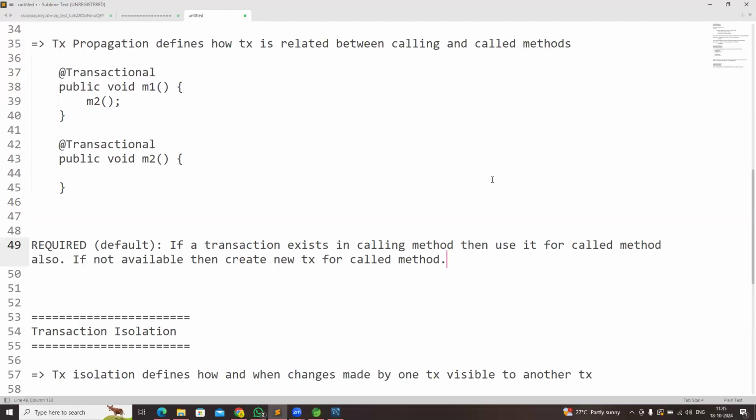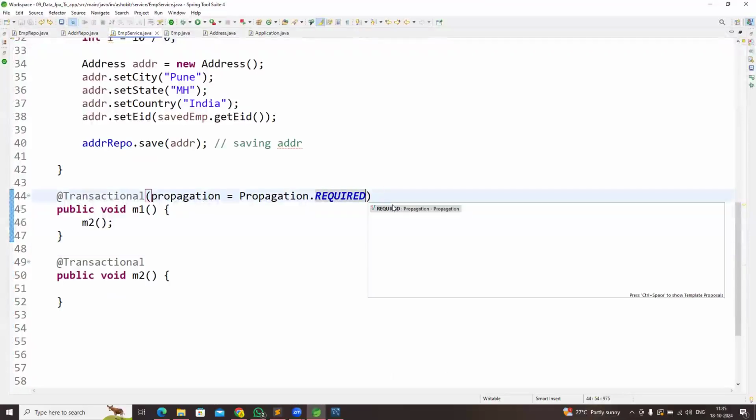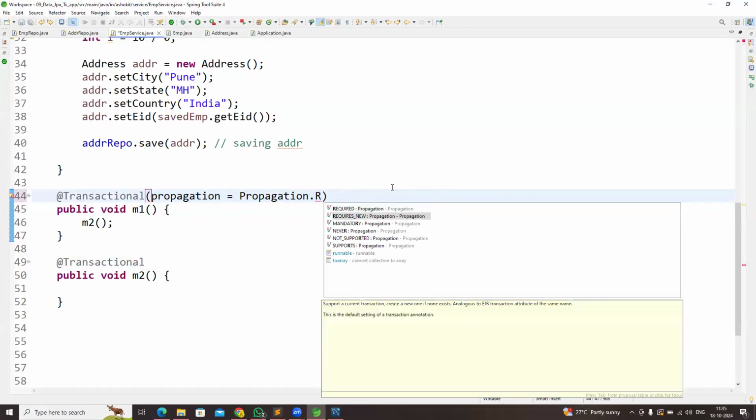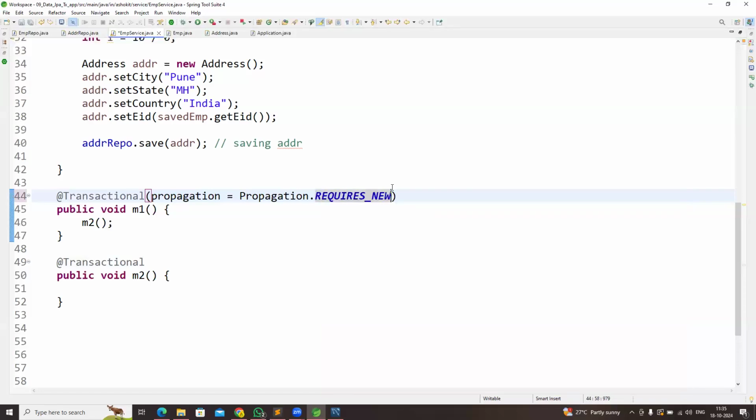Okay. And there is another propagation available: requires new propagation. Instead of giving the propagation as required, you can give the propagation as requires new. Propagation requires new: always create a new transaction. Suspend the current transaction if it exists. Okay, this is required. And here I'm going to specify